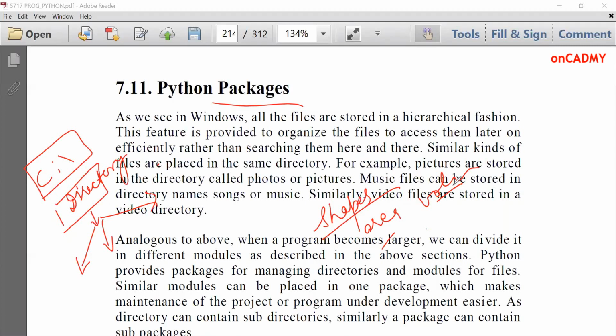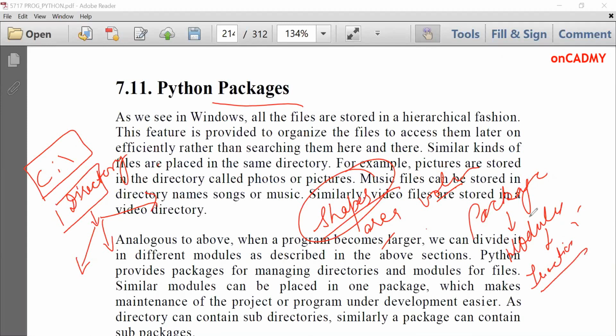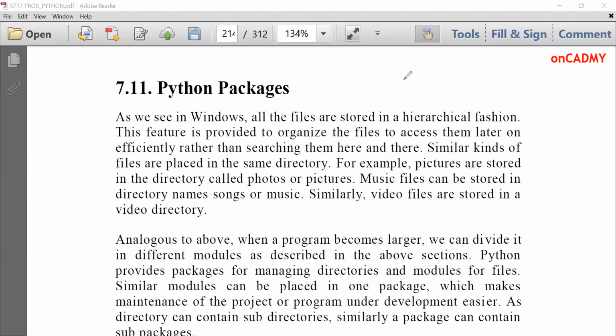So I can create a package called shape, and inside it I can create different modules, and inside those modules I can create different functions. So this is a hierarchical fashion. Package, inside a package there are modules, and inside modules there are functions which actually perform the task. So how to perform it, let's understand.